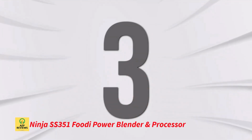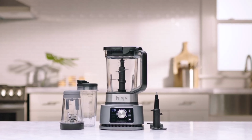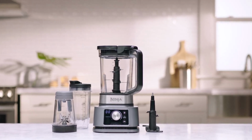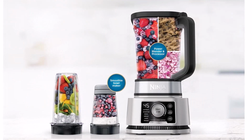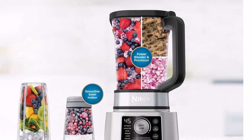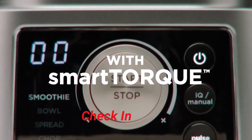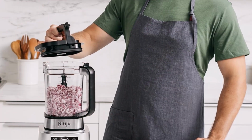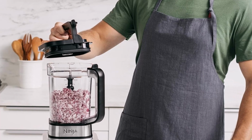Number 3. Ninja SS351 Footy Power Blender and Processor. The Ninja SS351 Footy Power Blender and Processor system is a versatile kitchen powerhouse. Its sleek silver design houses a robust 1400 peak watt motor, effortlessly tackling heavy loads without stalling, thanks to smart torque technology. This blender offers 6 preset Auto IQ programs for smoothies, extractions, bowls, spreads, chopping, and dough, taking the